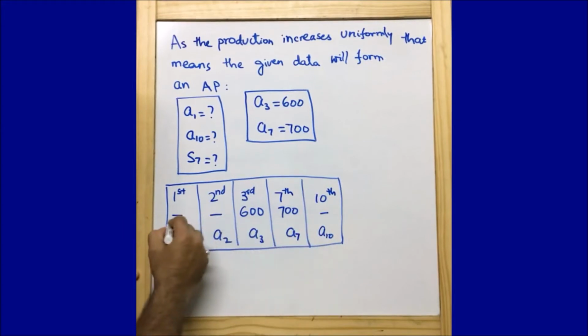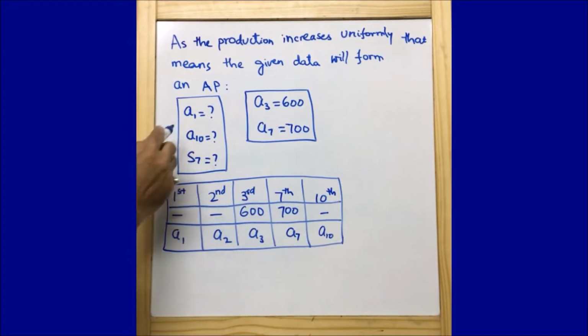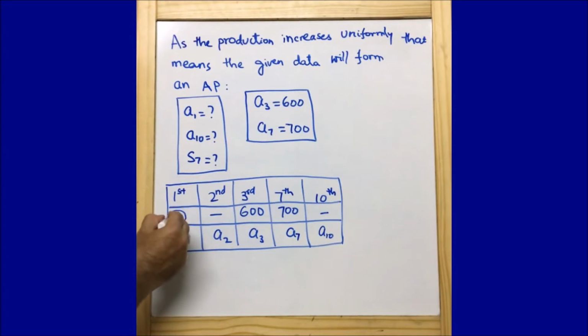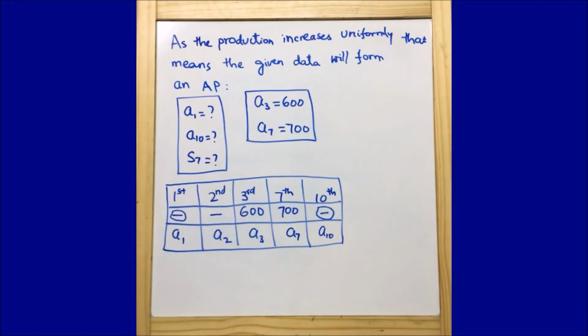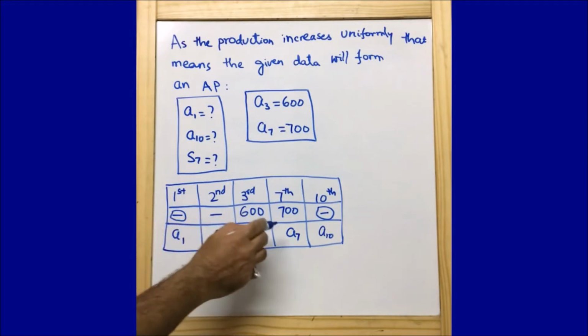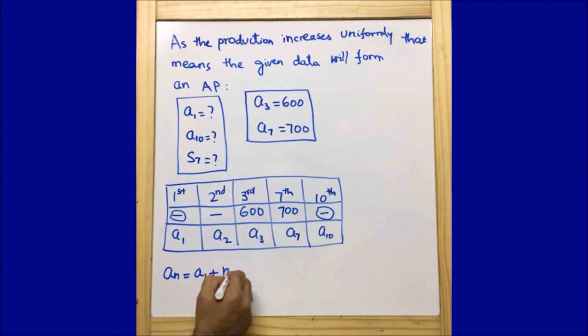Guys, this question will be super easy. We just need to understand what is being asked and what we are going to do. As per the question, we are going to find out A1, then A10, and then A7. For finding out any of the missing terms like A1 or A2 or An, we are going to take the help of the formula: An is equal to a1 plus (n minus 1) into d. This is the formula that we are going to use.